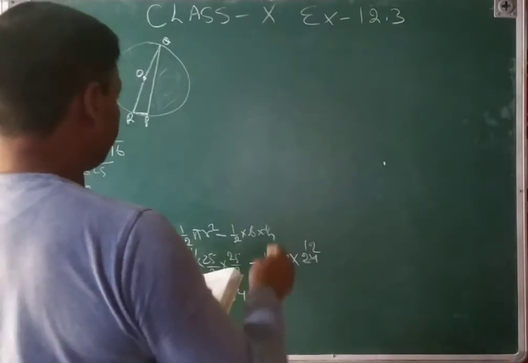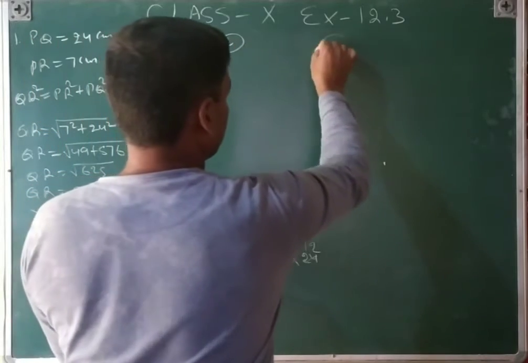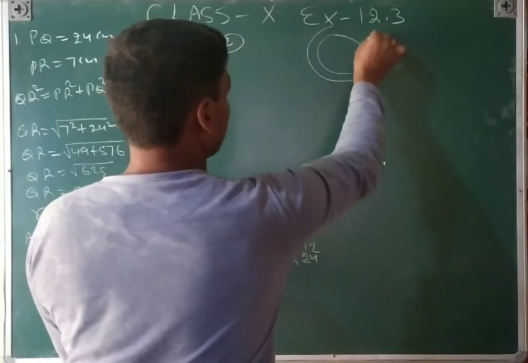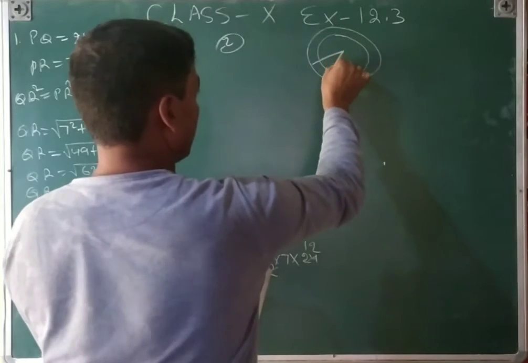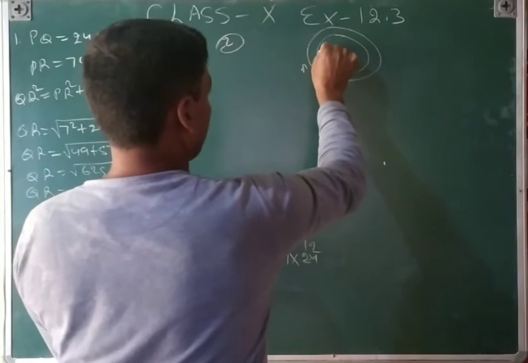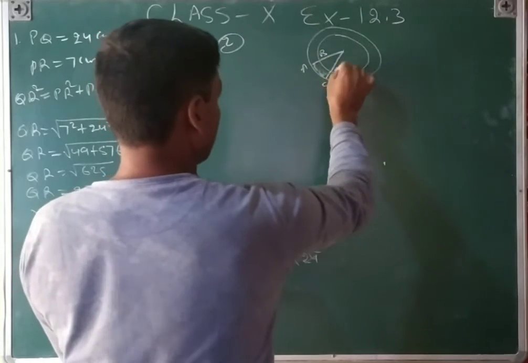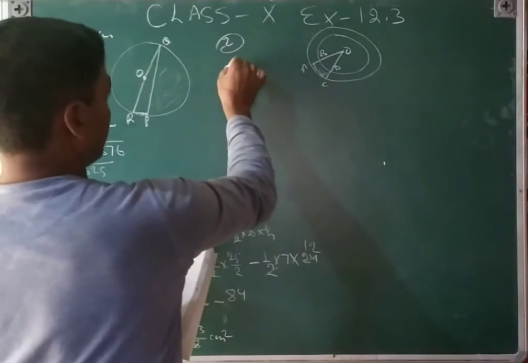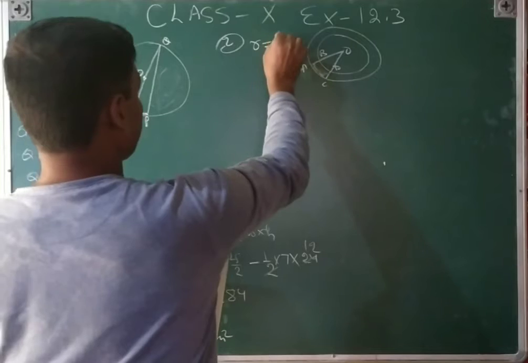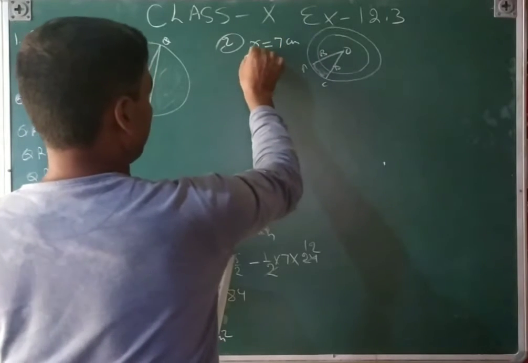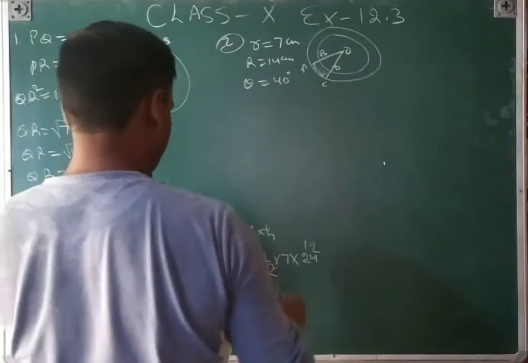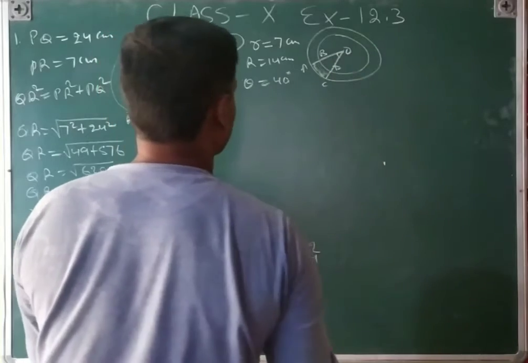The diagram also is given there. So the diagram first of all we see, this is the diagram, this is a concentric circle, and we need to find only this one area. Okay, so that is A, B, C, D, O. So first small r is 7 centimeter, or capital R is equal to 14 centimeter, and theta is equal to 40 degree. 40 degree is given here.